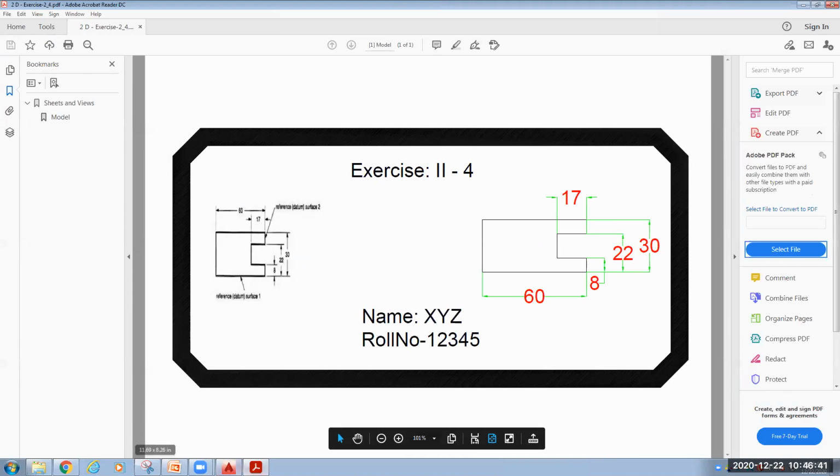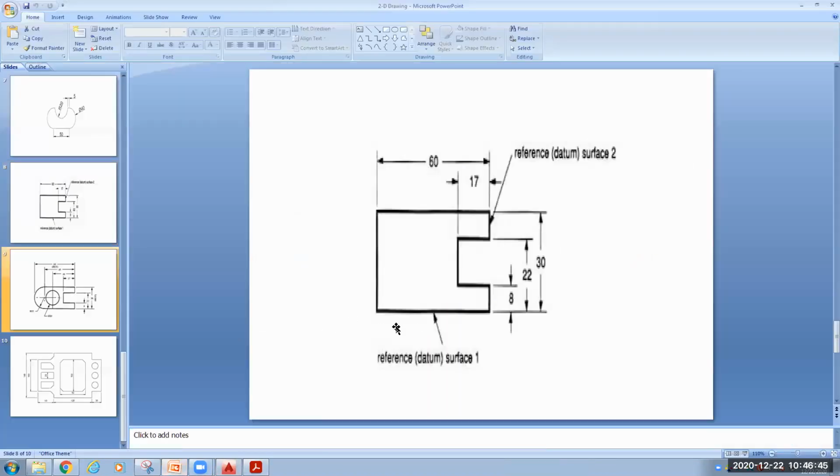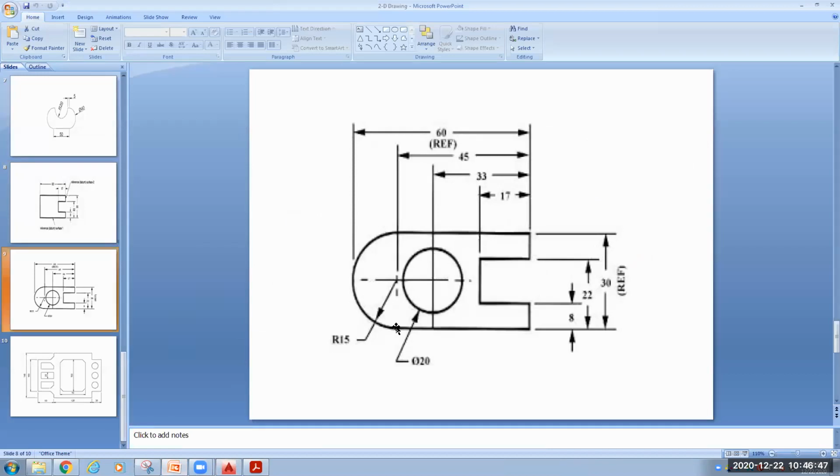Now fast forward, I will show you this drawing, this one. And after that we will take a short break. It's 10:46. Do you want to take a short break or do you want me to continue? Please type in the chat box. One student has written short break.